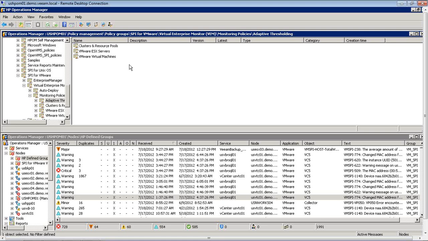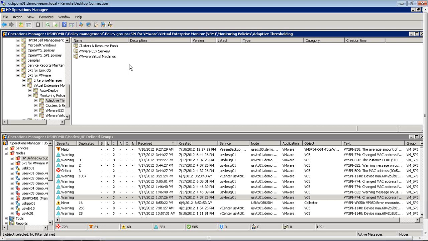So you'll get a warning message, and that message will be reset if you get, let's just say, a minor message that goes to 85%. So that minor message would reset the warning message that we got. And if a critical message would occur, then that message would reset the minor message that we had. So that's how our adaptive